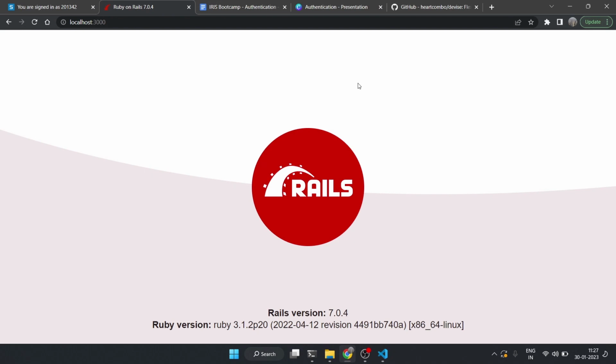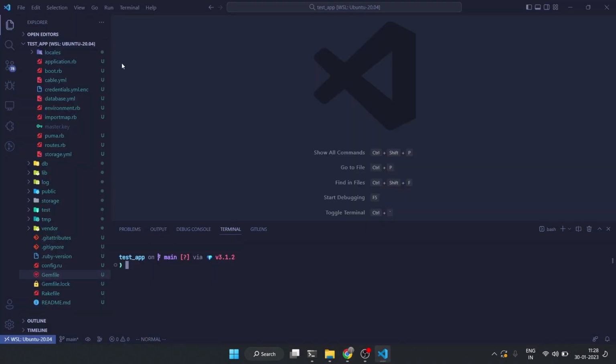Okay, so everything worked. I'm in localhost 3000. So looks like everything worked, but it looks kind of blank. And let's have a landing page first. So for a landing page, first I'll generate a controller which is called static pages so that I can have an index action in that and then landing page. So Rails generate